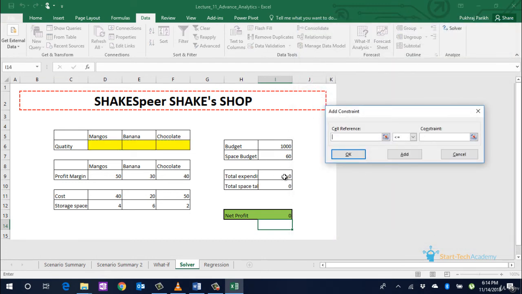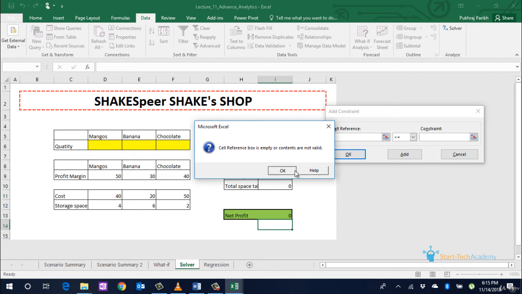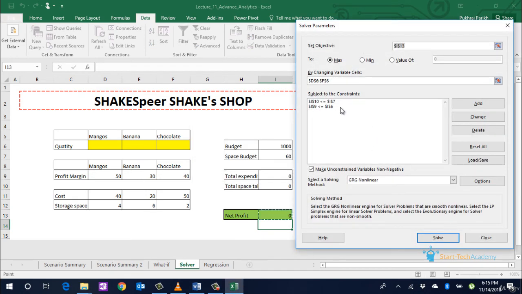So I have this number less than equal to this number, add, and this number less than equal to space budget, add. Okay. So you can see that these two constraints are added. One is for the total monetary budget and the other is for the space budget.